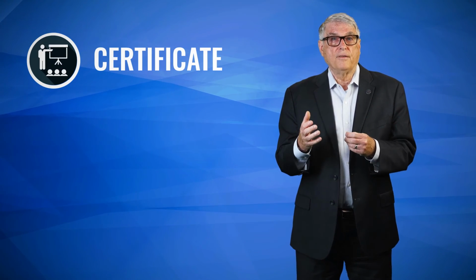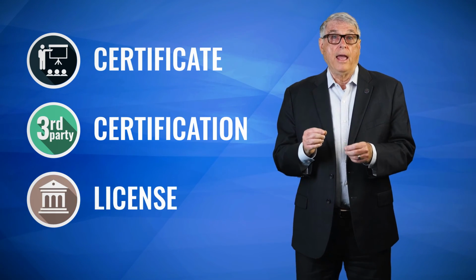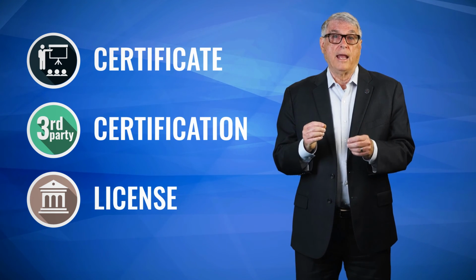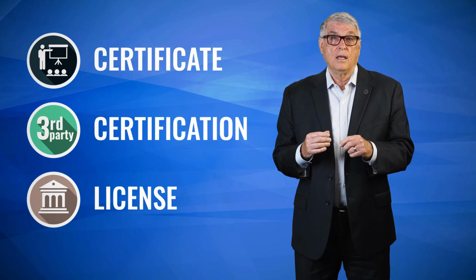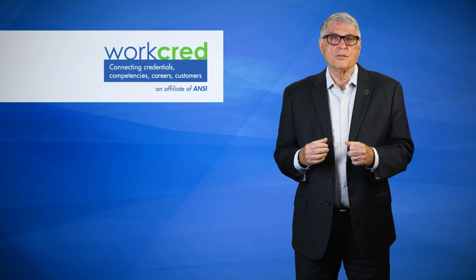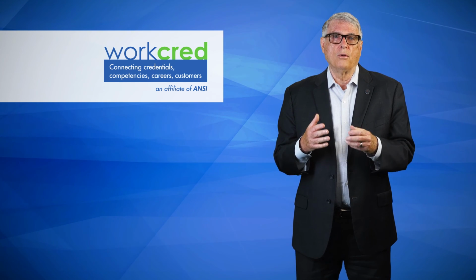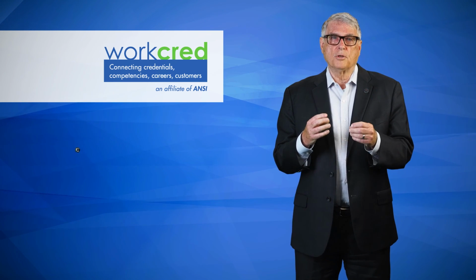So, three major types of credentials, all very different. A certificate is associated with education and training and learning. A certification is separate from education and training and is a third-party assessment of whether competencies have been achieved. And a license is awarded by a governmental agency and has legal ramifications. They are all different, and none are more important than the others. It depends on a particular situation and the needs of an individual as to which credential should be pursued. I hope I've given you some information today that will be valuable as you look at the more than 738,000 types of credentials that are out there, and that you will be able to understand the difference between certificate,